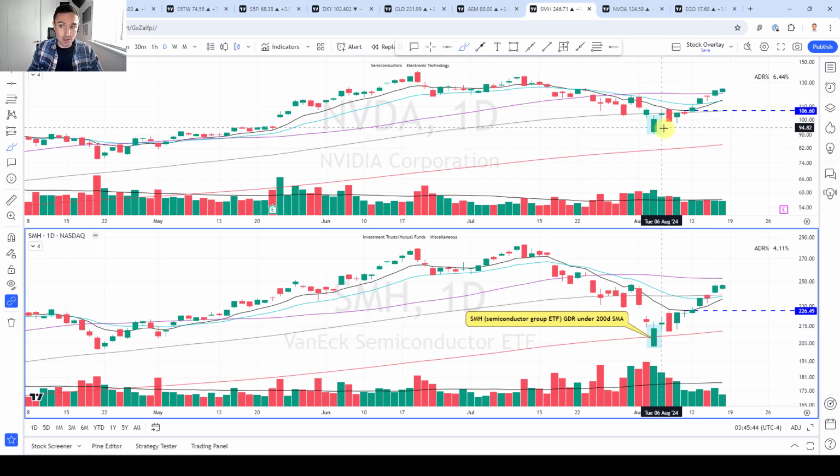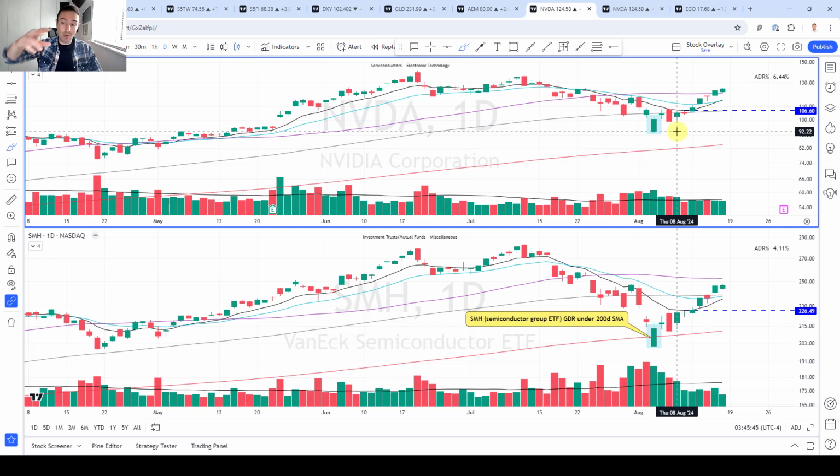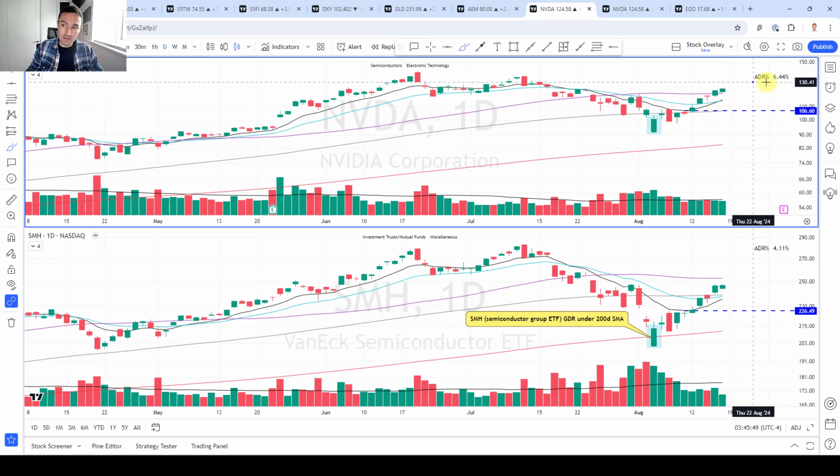NVIDIA is not the average though, is it? It's one of the leaders. Why? Because it went down less far. Okay, in terms of percentages, it's going to go down more because you can look at the stock's 20-day ADR. But the key is using some of these moving averages as useful reference points, as we were doing with AEM. So NVIDIA holds up above its 200-day, then it puts in this shakeout demand tail, then it puts in this tight bar. Now I'm going to take you down to the 1 hour chart to teach you a little bit